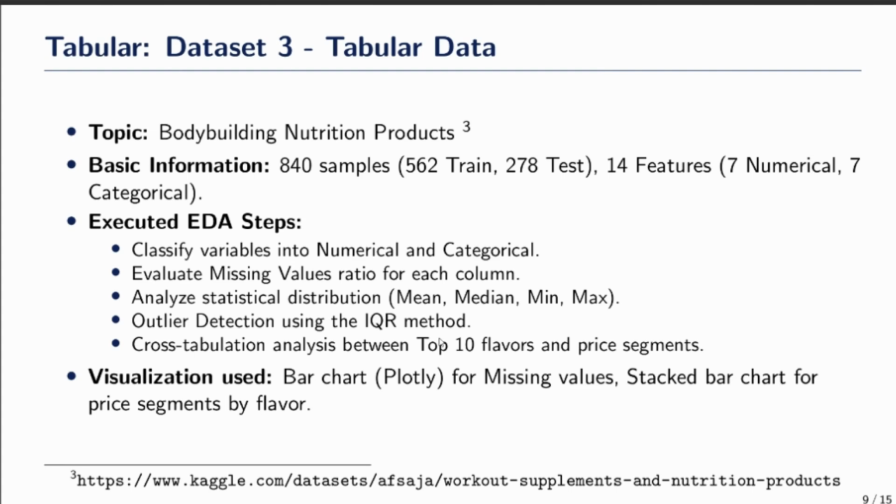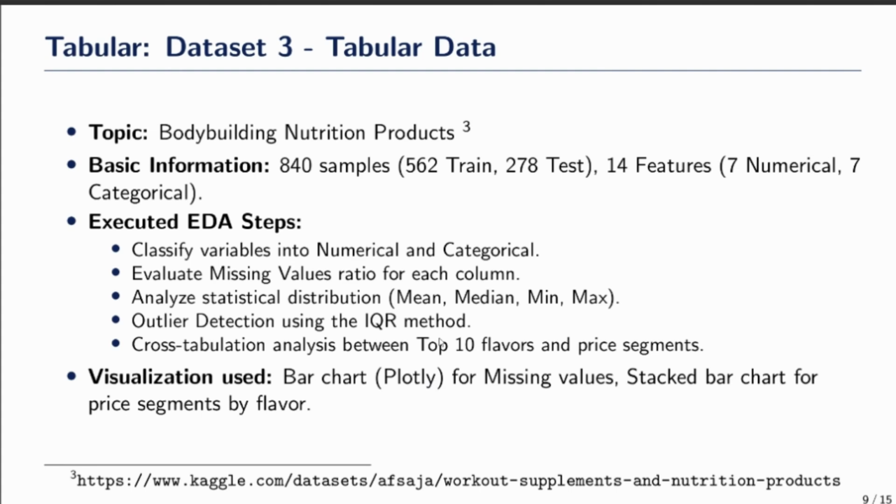The EDA steps will follow: classify variables into numerical and categorical, and evaluate the missing value ratio for each column. Then analyze the statistical distribution, which is mean, median, min, max, outlier detection using the IQR method, and the final one is cross-tabulation to analyze between the top 10 flavors and price segments. To visualize this, I will use bar charts from Plotly for missing values, and stacked bar charts for price